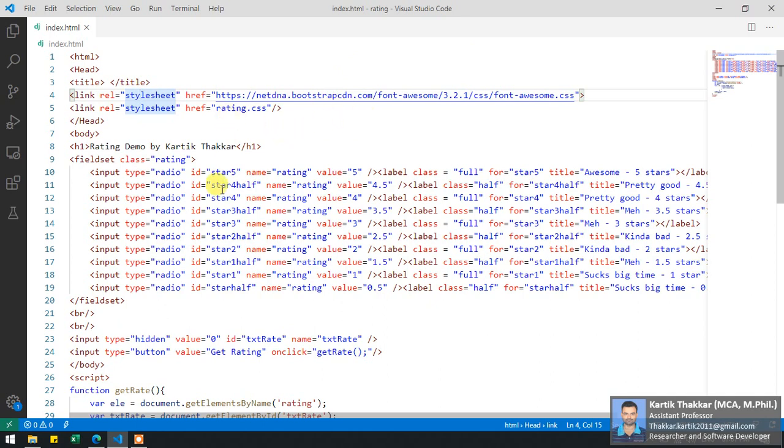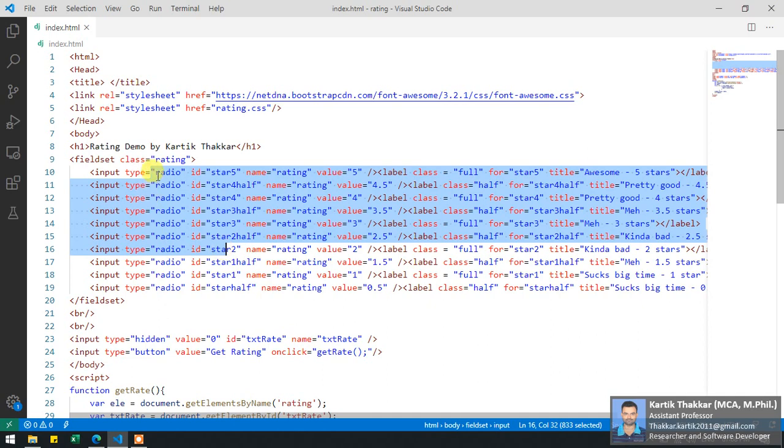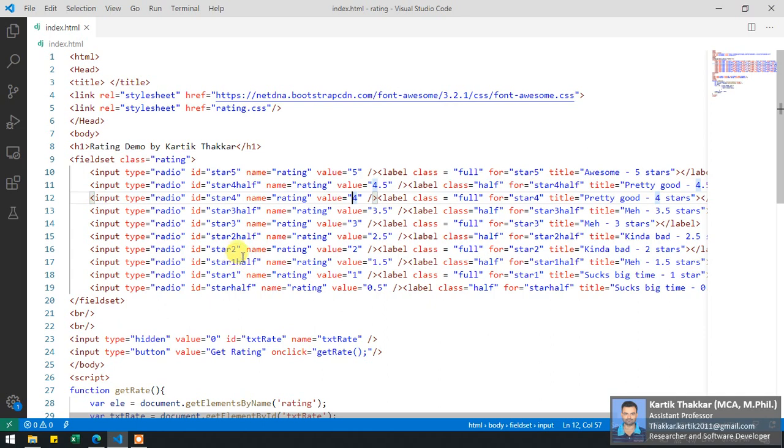In most of the examples you will see they have used radio buttons, right? And it is very convenient and easy to use the radio button, because you can set any data, or you can get it by just using the name, and you will get the value of 5 or 4.5 or 4, right? So it becomes very easy if we use radio as an input control. Okay, so here we are going to use the same. So let's understand the code and JavaScript.